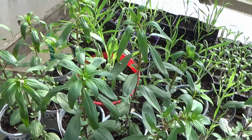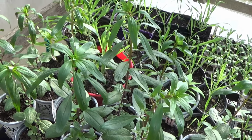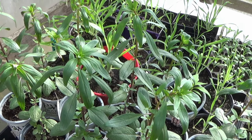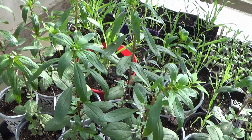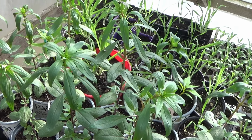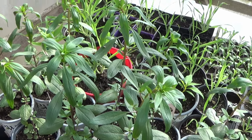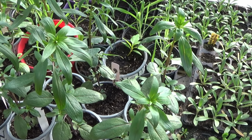will start. And if you don't know how to harden off your plants before you take them outside, it's very important that you do this. I highly recommend it. I will have a video at the end of this video that you can click on and watch for how to harden off your seedlings and your plants before you take them outside. If you just take your plants outside, especially if you're growing them indoors under lights, it's really going to be hard on your plants. You're going to wind up with sun scald, sunburn on them. You might lose them. So definitely check out the video for how to harden your plants off before you take